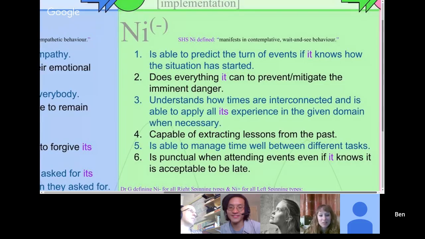I'll just say that some of these things in here will sound a little bit like INTJ, because NI minus is sort of defined as a big theme of INTJ, of NITX. So it's a slightly watered down version of INTJ, because Victor defines his functions based on the types. So he will say NI minus, well, that's what INTJ does.